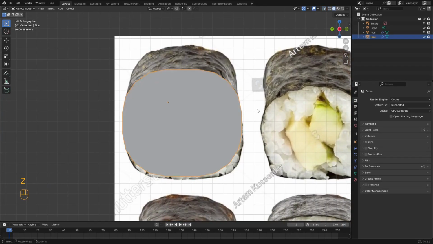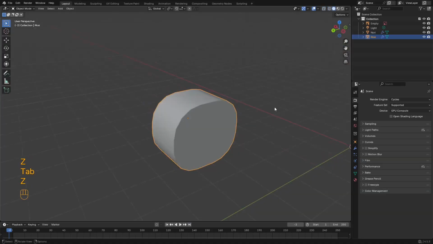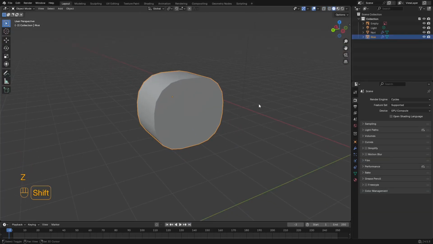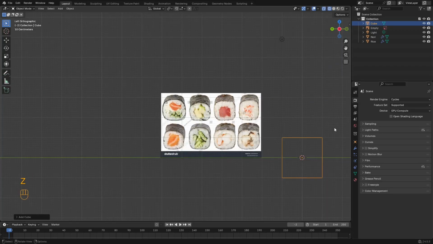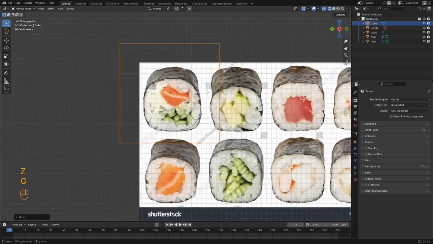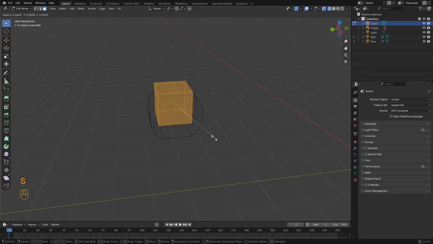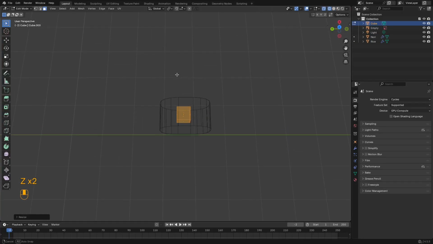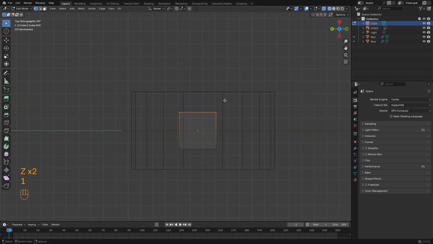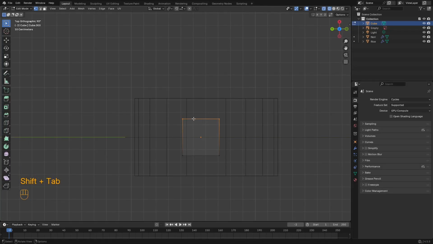Let's do this. We can create a new object. So let's press Shift A and create a new cube. Yes, like this. Let's change the position with G, enter the edit mode with Tab and scale it like this. We need to see from the top with Alt and change a little bit